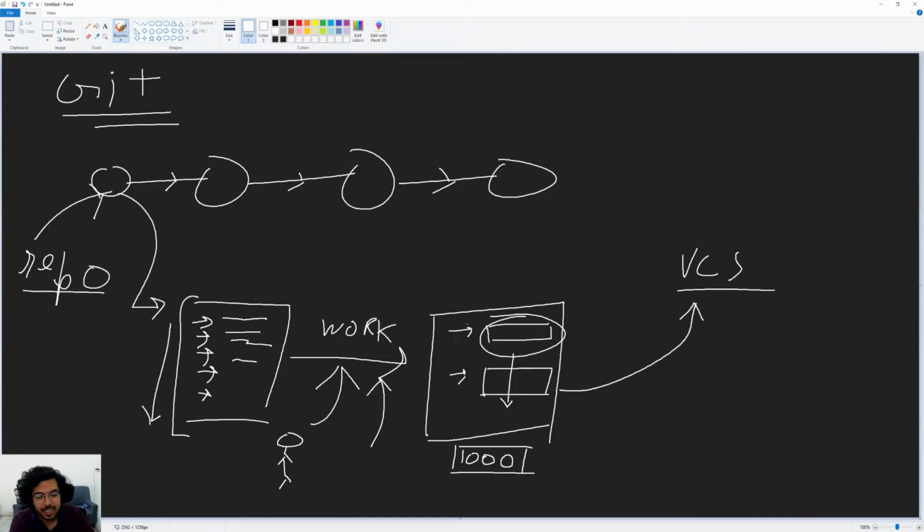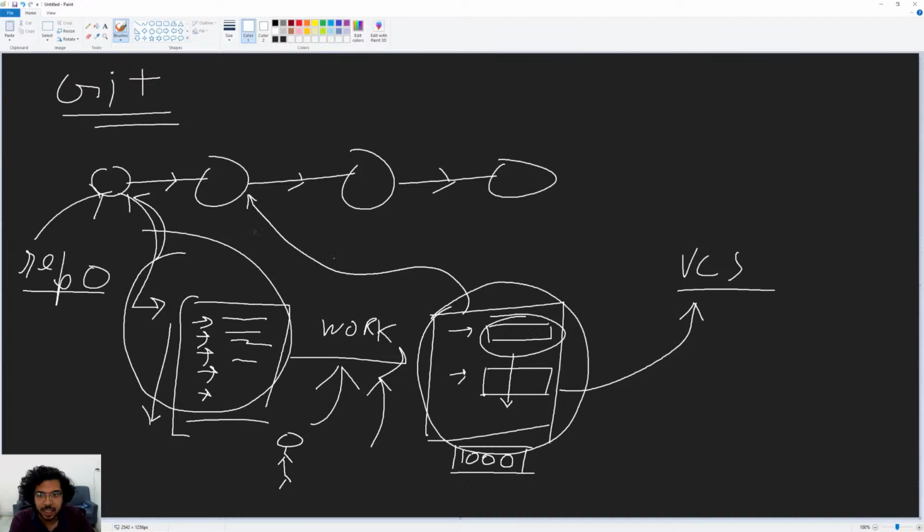Once these changes have been made, Git can magically keep track of them and create a new node. This is a new node which has been created. This file exists here, and this new set of files has been changed. It is the same project, but the files have some new changes in it. So this exists as a new node, and later on, if some other people contribute here, then a new node can be created. This is the basic flow of how nodes and how GitHub works.